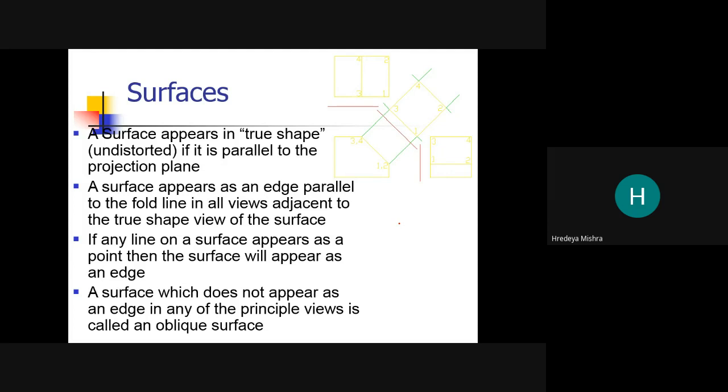So what happened here? You can observe that this whole surface appears as an edge here, and this whole surface appears as an edge here.